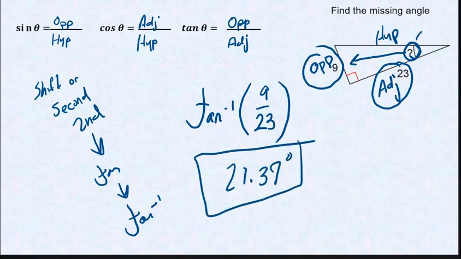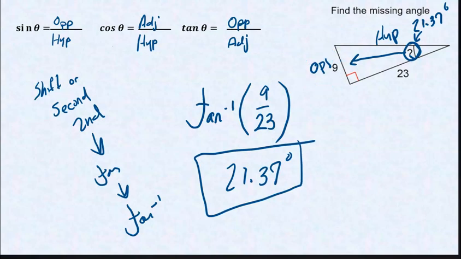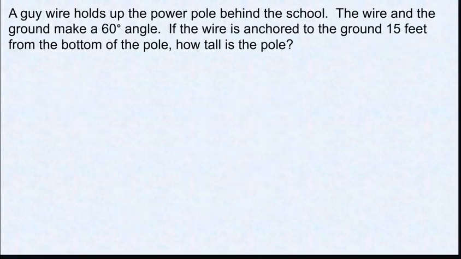That is how many degrees this has to be to get this length and that length in a right triangle. Finding the angle of a triangle could be a little bit weird. Students often get confused about that tangent inverse sign. It's just a dedicated button, and then you place the division in there. Okay,